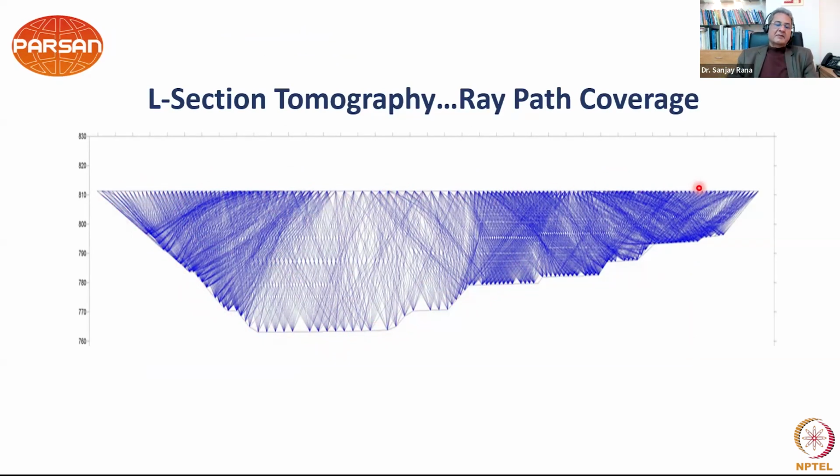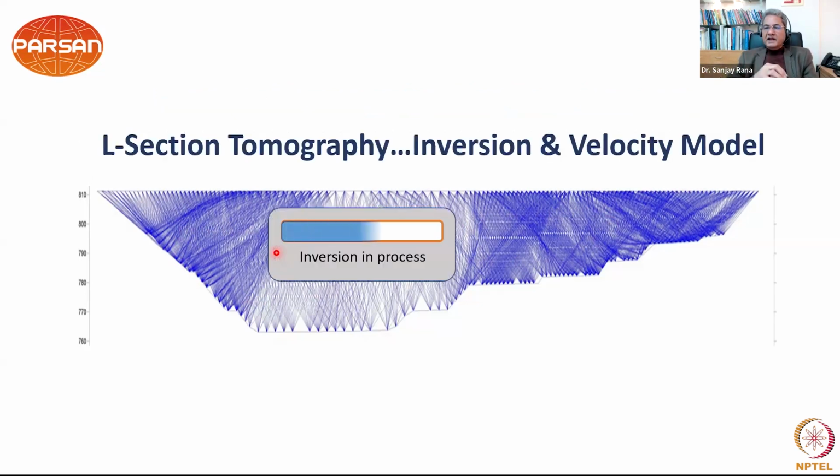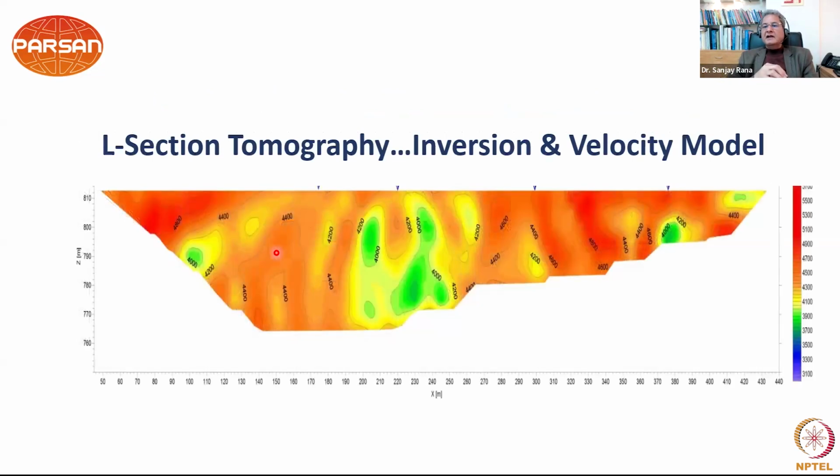This is an example of a dam which was around 470 meters. And as you can see, there's a huge crisscross of ray paths which has been created here. Now, once this data has been obtained, of course, you pick up the data, calculate the arrival times, and then go for the inversion. After that, you have this P-wave velocity model, which very clearly shows you the P-wave distribution inside the dam body. So for example, it is from 3,100 to some 5,700 meters per second P-wave velocity.